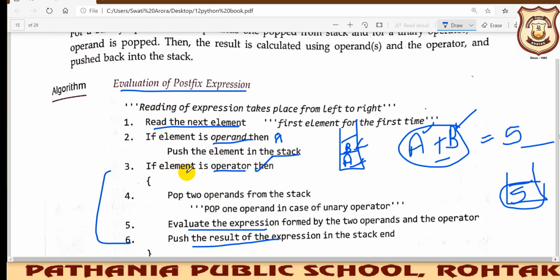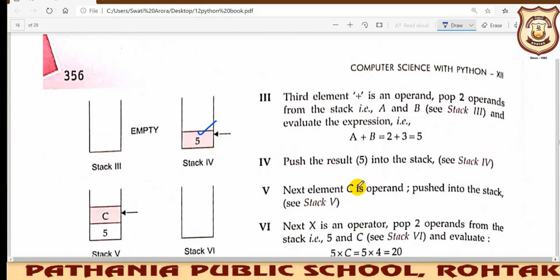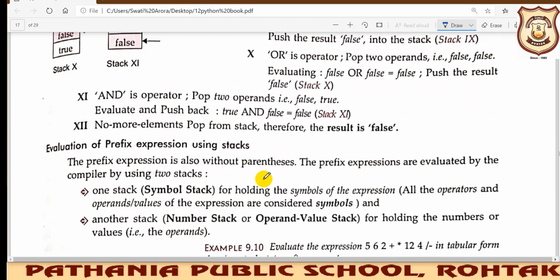Then we will check whether it is an operator. We have read the next element, then we will check whether it is an operand or an operator. If it is an operand, then we'll push it into the stack, and if it is an operator, then we'll pop out the elements and perform the operation given below. Okay, so now we have seen this evaluation through this type of representation. Now we will try to see another representation